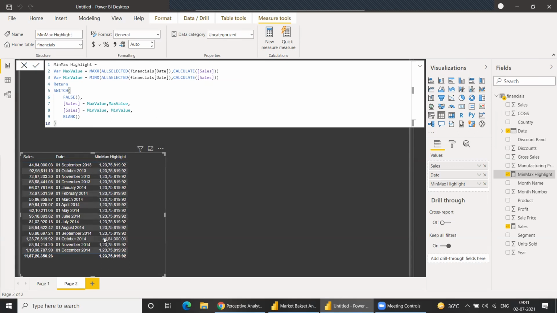Only this one is not showing the maximum value. The reason being, our sales equal to our max value, and we have put a condition as false, so it won't go to this condition, and it will go to the second condition. Okay. So true and false are just setting up what kind of result you want. If it matches, you want that result. If it doesn't match, you want which. So you can just give the condition which you want in the switch.